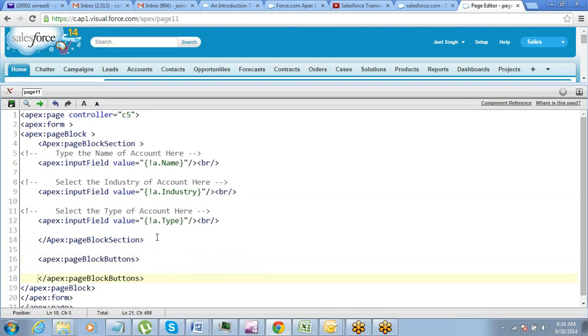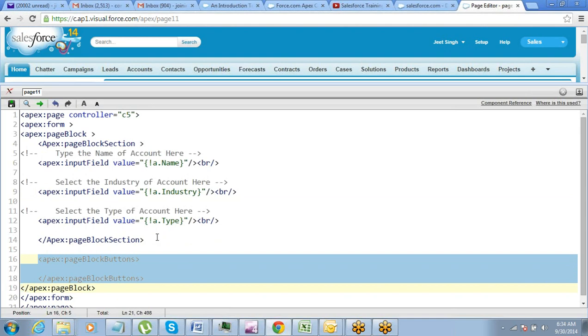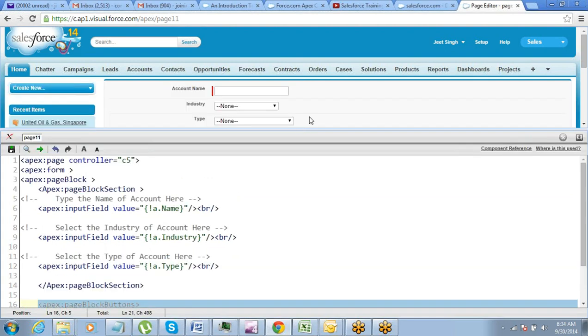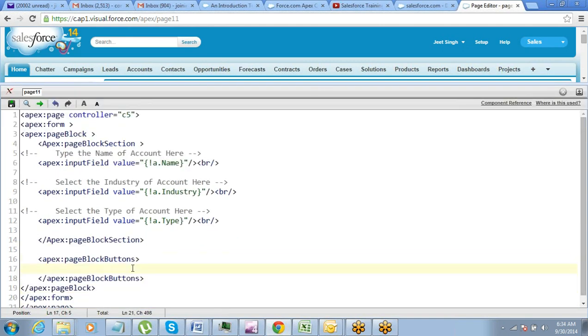So this time I'll put the buttons inside a page block button. This page block button component is just used for a small thing. You might have noticed in Salesforce most of the times the save button appears at the top as well as at the bottom, right? So for doing the same thing, you can use a page block button. So if you put any button inside a page block button,